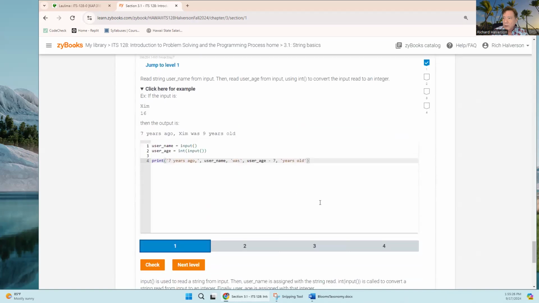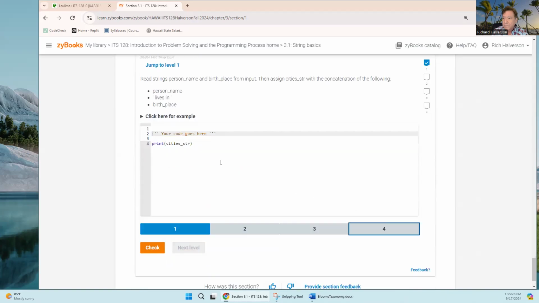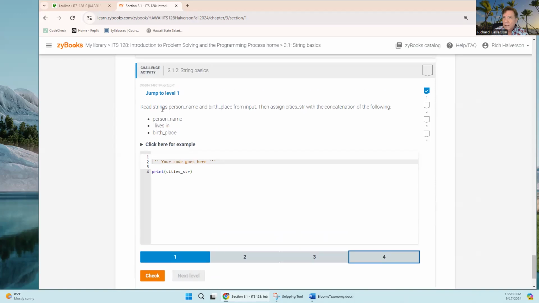Okay, so let's do this last one. Read the strings person name and birthplace from the input. Assign city string with the concatenation of the following. This concatenated with this, concatenated with this. Okay, so first I'm going to read person name